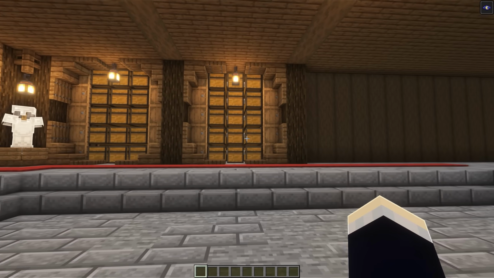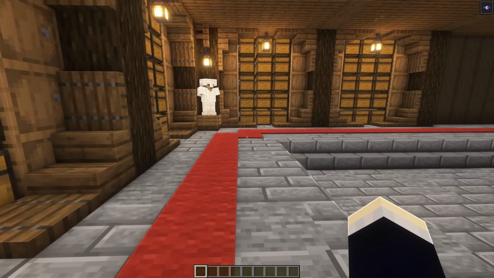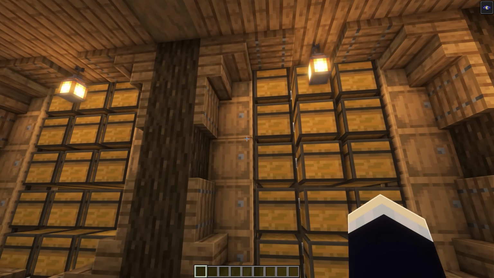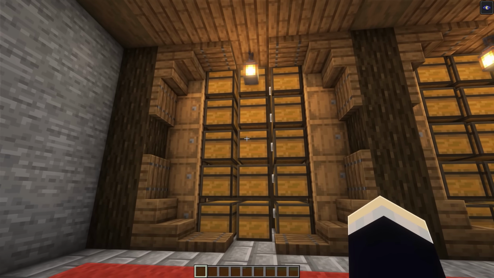a pretty big and open style one. So as you can see, we have a nice step up here, which leads to a carpet that kind of lines the pathway here. And then we've just got this repeated design in every single section here, with a whole bunch of double chests and some barrels on the left and right sides. We've also got this nice curved design in all of the corners, which gives it a really nice look